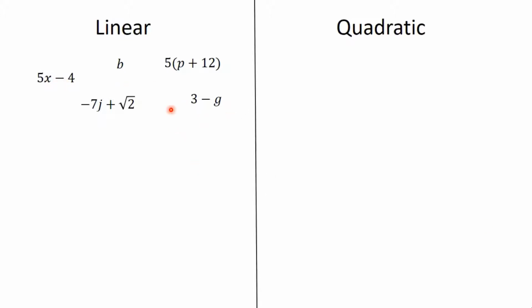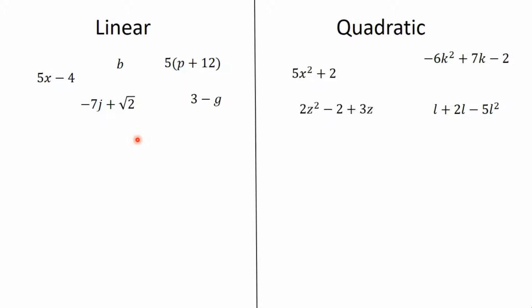So in this case x, in this case g, in this case j, there is only ever one variable, and that variable has not been squared or cubed or any kind of power. It is just on its own. So those are our linear expressions. We have also seen quadratic expressions. So quadratic expressions look a bit like this: 5x squared plus 2, minus 6k squared plus 7k minus 2,